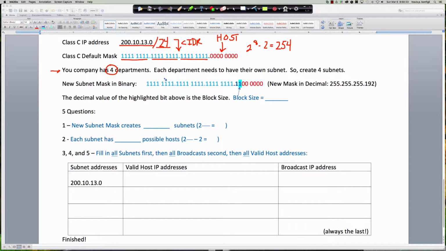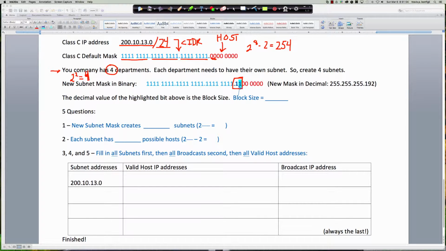And if we know our powers of 2, as soon as I see this, I should be able to say to myself, okay, we have 4 departments, we're going to need a subnet for each. How many bits would I have to borrow to get to 4? Well, that's easy, right? It's 2 to the 2 equals 4. So all I need to do is borrow 2 of the host bits, right? Remember, these first 2 bits are going to be borrowed